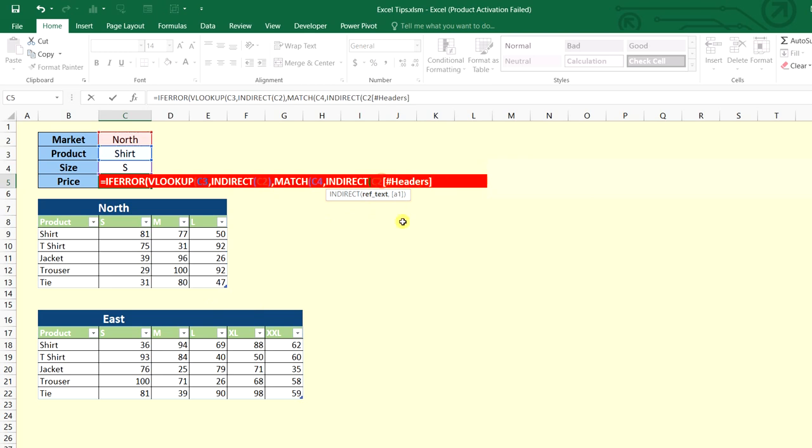And after the C2, here will be the %. So after the %, the headers, this will be in the double quotes, then close parenthesis for the INDIRECT function, then comma, 0 for the exact match, then close parenthesis, close the MATCH function, then comma, FALSE for the exact match from the VLOOKUP function. Let's close the VLOOKUP function, comma,